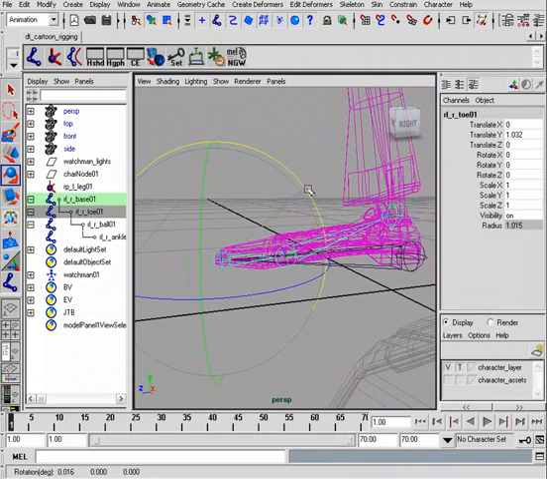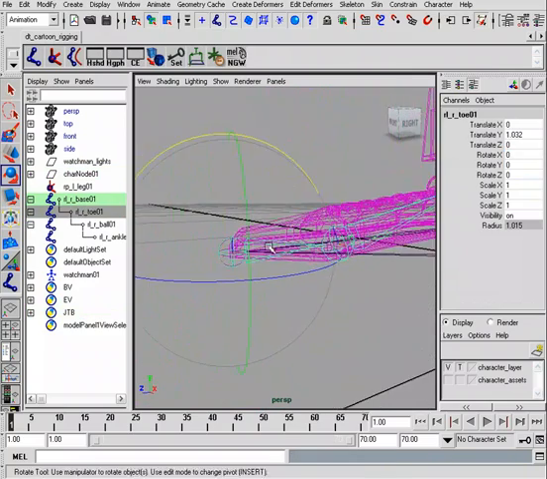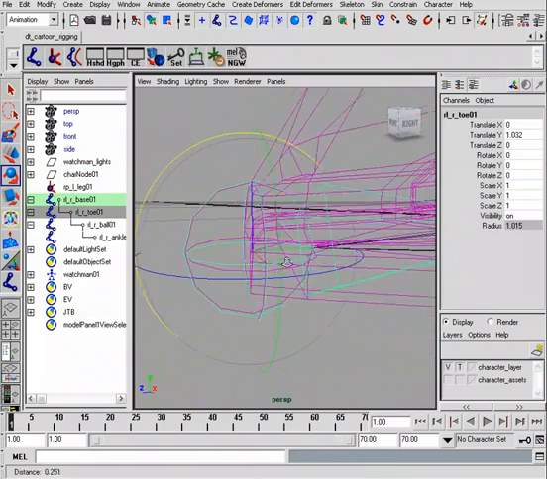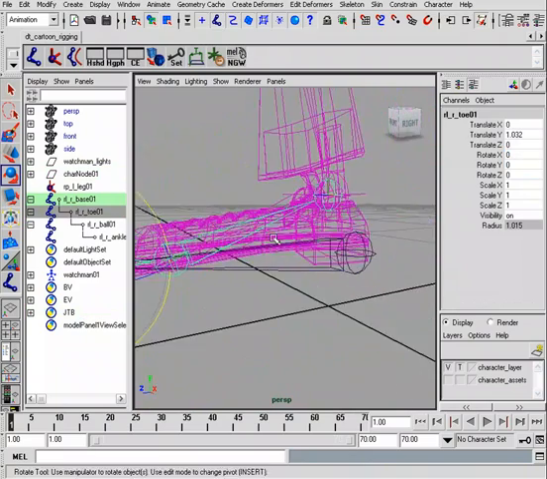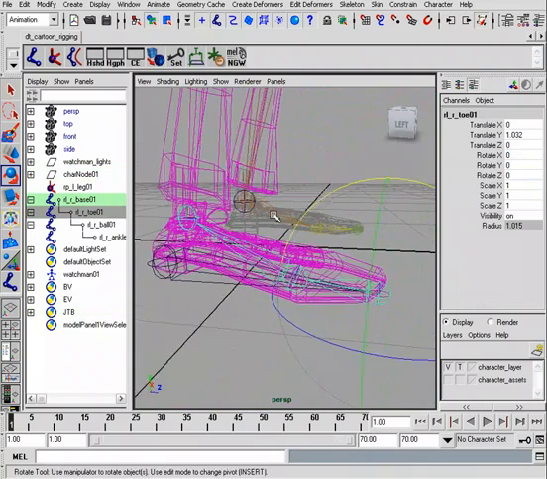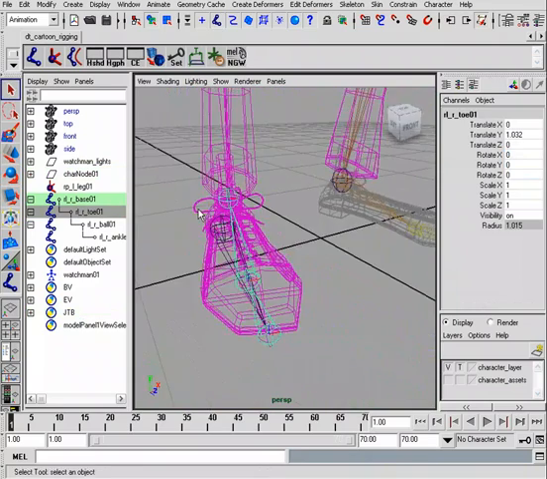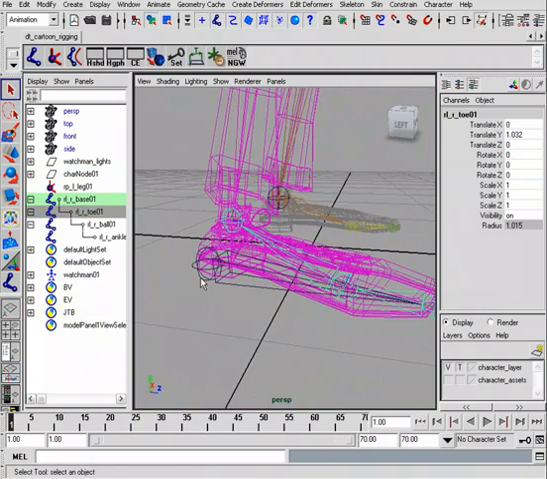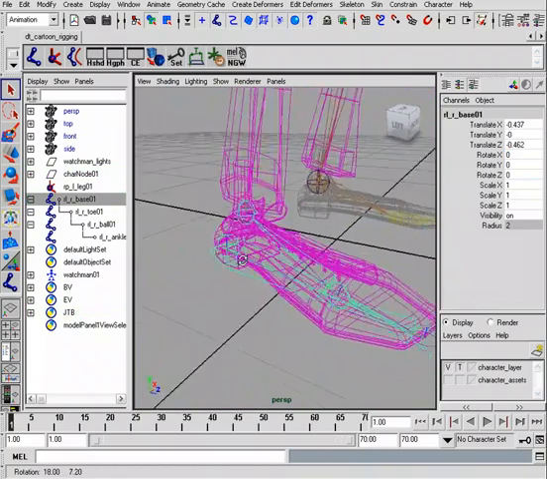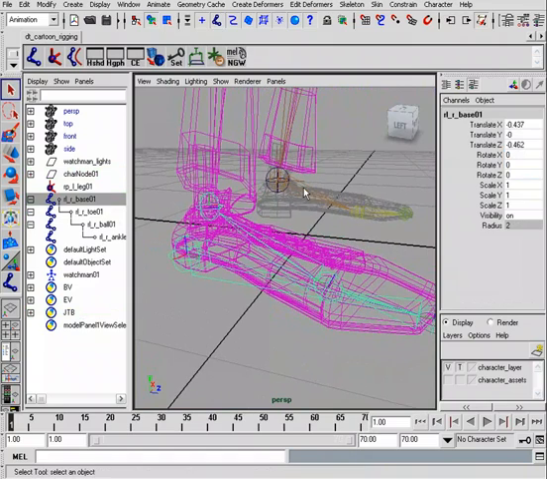And if we now move our toe, notice we're going to get a nice toe roll. And the joint placement is very important here. We want to make sure it's at the tip of the toe where it should roll off from, so it rolls off correctly from the floor. Wonderful. So now that that has been done, what we can do from here is take our joints for the reverse lock and make sure we mirror them over to our left side